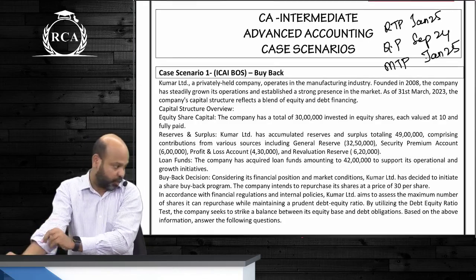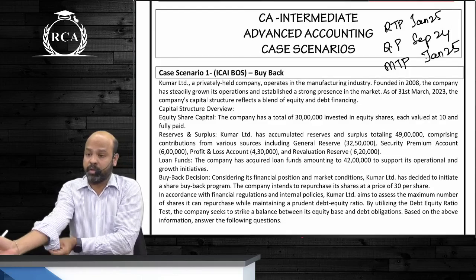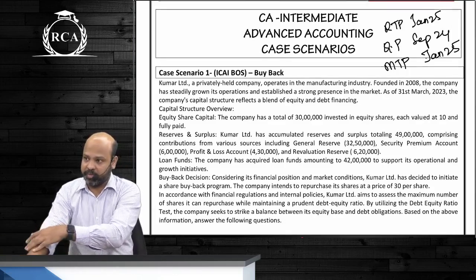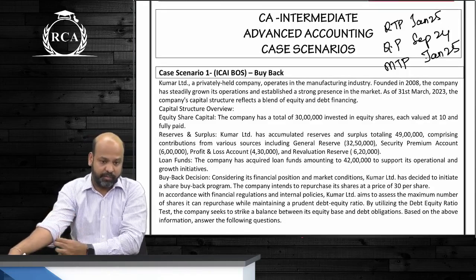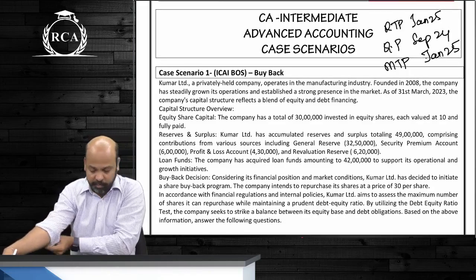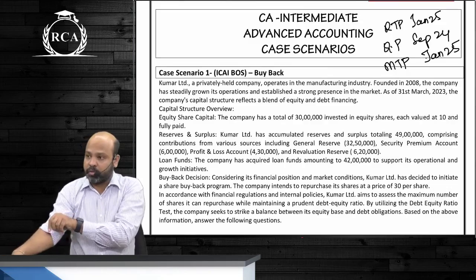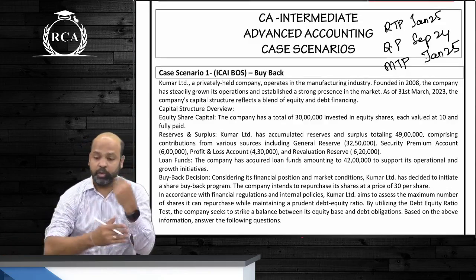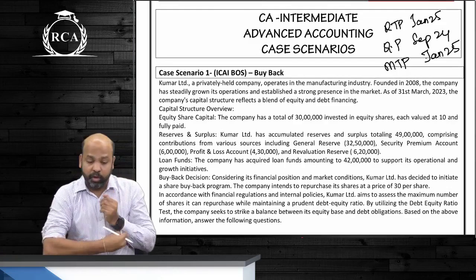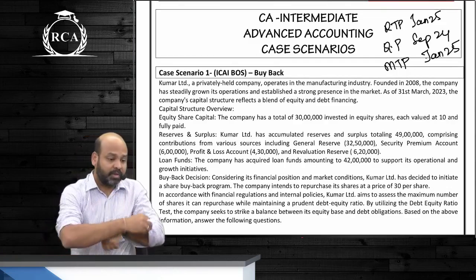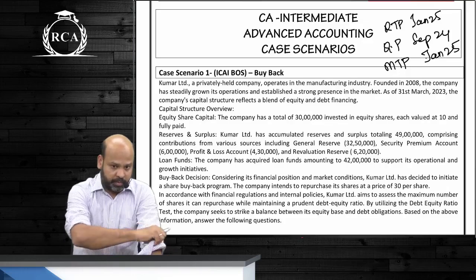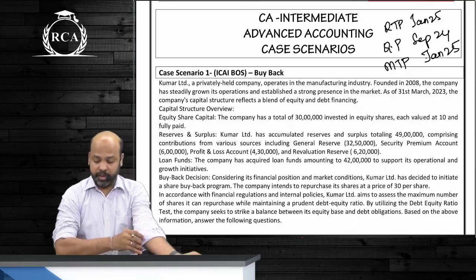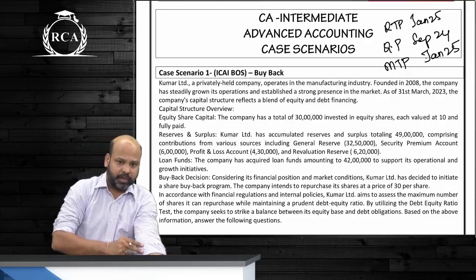So you will still have to refer to the question paper of Jan 2025 and the subsequent RTPs and mock test papers, guys, that come. For May 2025 you will have 2 sets of mock test papers, you will have 1 RTP, you will have that question paper. So whoever is writing in September, you will have to refer to all of those. This covers only, if you want to write it, write it on top, that it covers up to RTP Jan 25, mock test papers applicable for Jan 25, question papers till September 24.